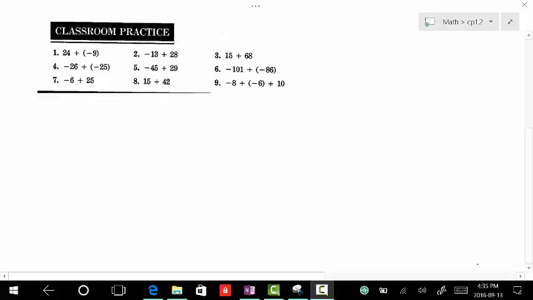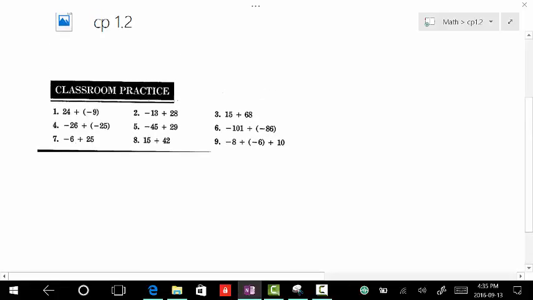Classroom Practice 1.2. In this classroom practice, you're going to learn how to add positive and negative numbers. There is no subtraction really in math. What you're doing is adding a negative number to a positive number. Watch this. So suppose we have a number line,